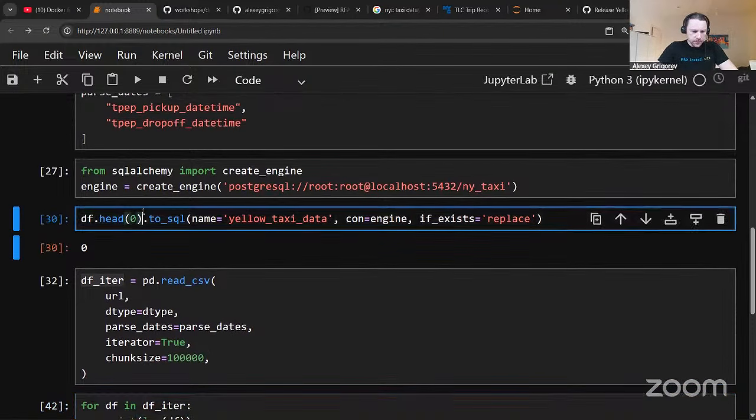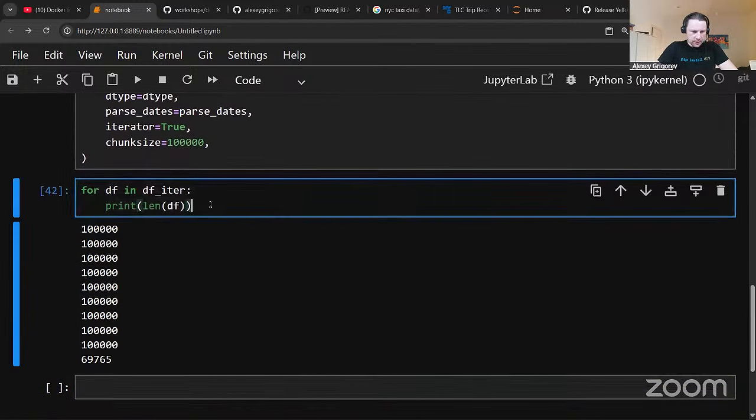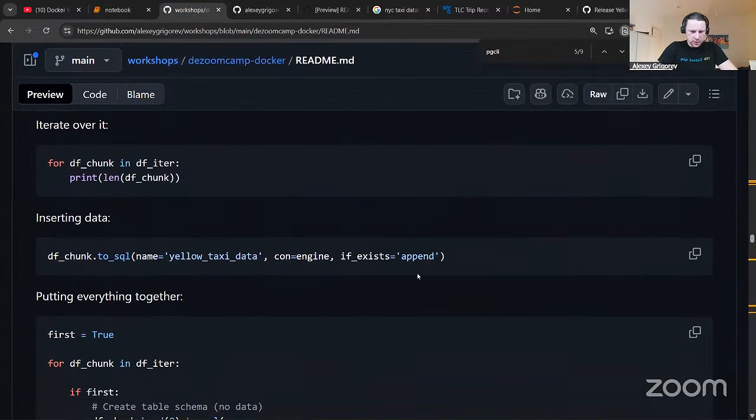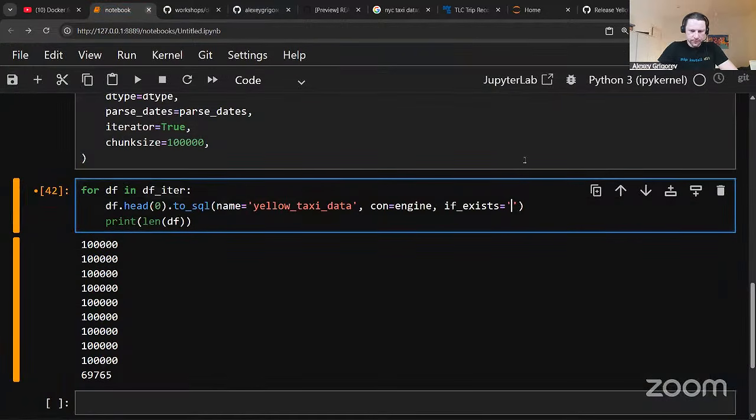But what I can do is execute this. And then if_exists, what are the parameters? What are the options there? I cannot see, but I'll just use append. Okay. So if I call chunk,